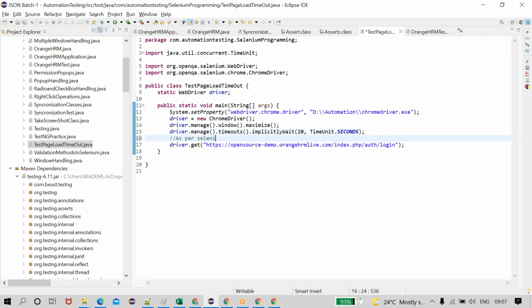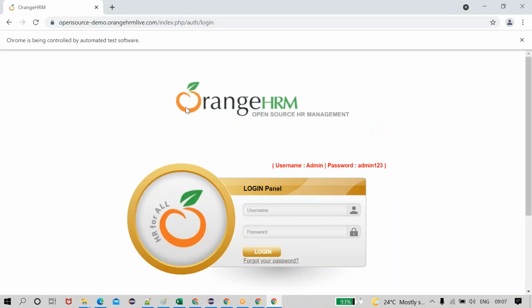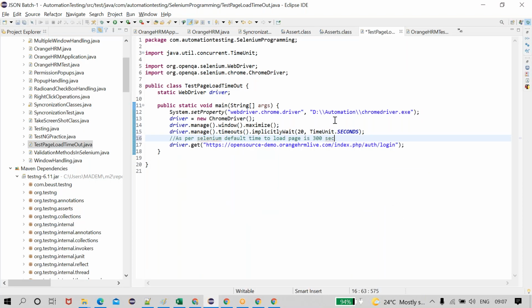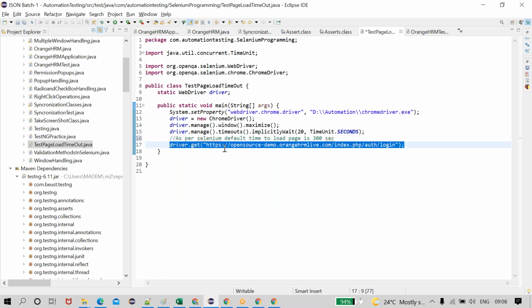As per Selenium, the default time to load a page is 300 seconds. For this page to open, it will wait for nearly 300 seconds, that is, up to 5 minutes, to load this page. But I want to restrict this page load time. This 300 seconds, whereas this page is loading within how many seconds? Within 3 to 4 seconds it is able to load that particular URL.